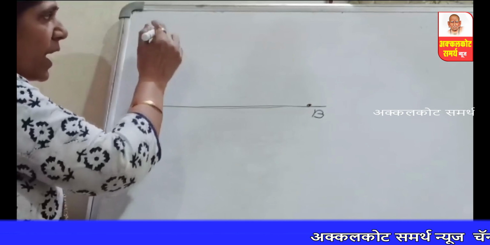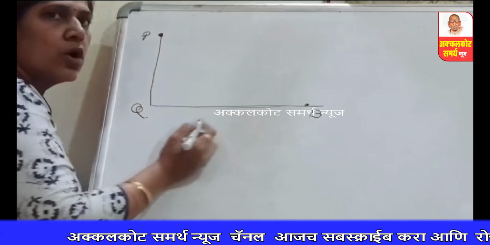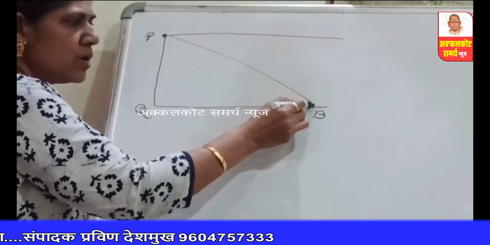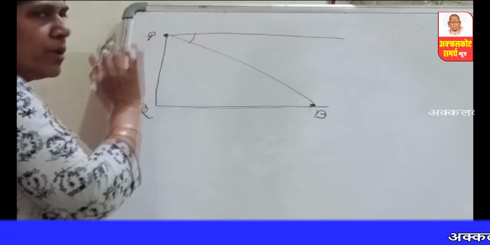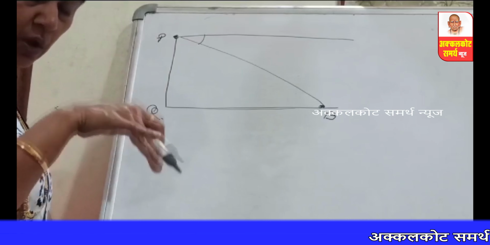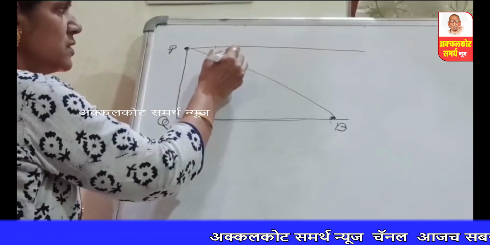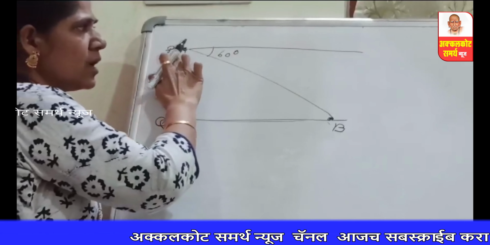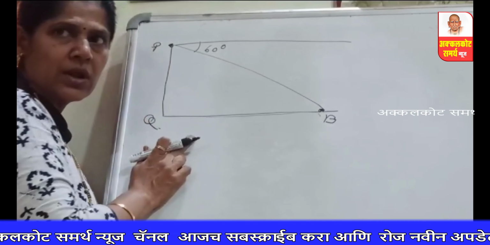Then see now, actually for that person this will not be the horizontal level, so for that person this will be the horizontal level, correct? Then when he is looking toward the ship, his eyesight will look down here only, right? So here the angle of depression will fall, because he is looking downward, and that angle of depression they have given as 60 degrees. But now see, this is also a horizontal level for this person, and this is the actual horizontal level.